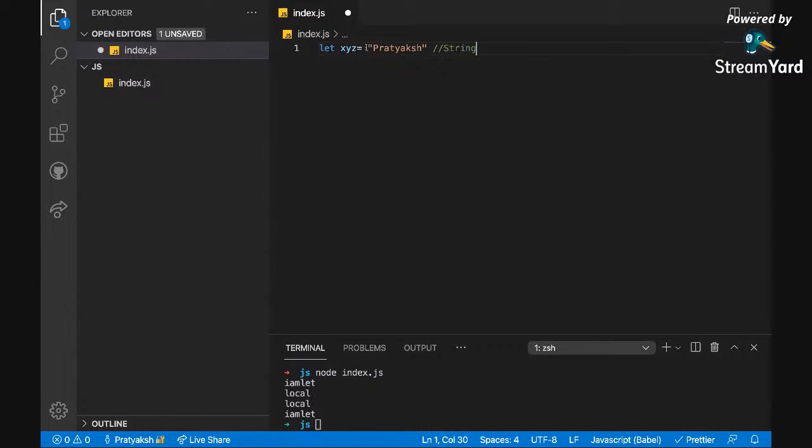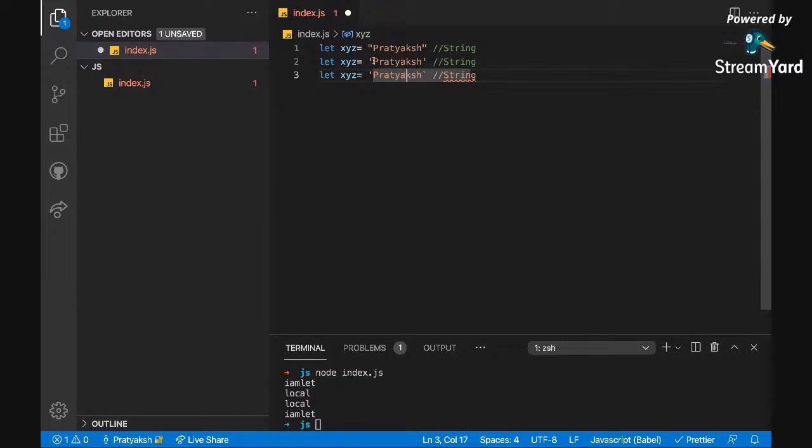Whenever something is wrapped in double quotes, or single quotes, or in fact in backticks, it's a string. So there are different data types, and string is one of them.